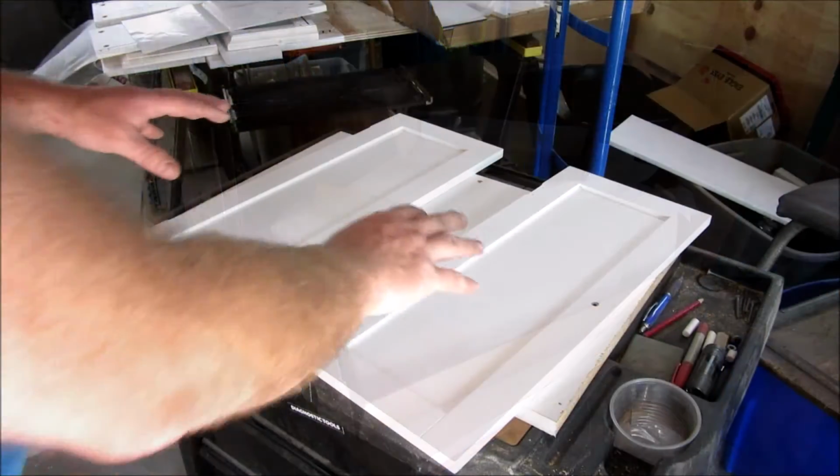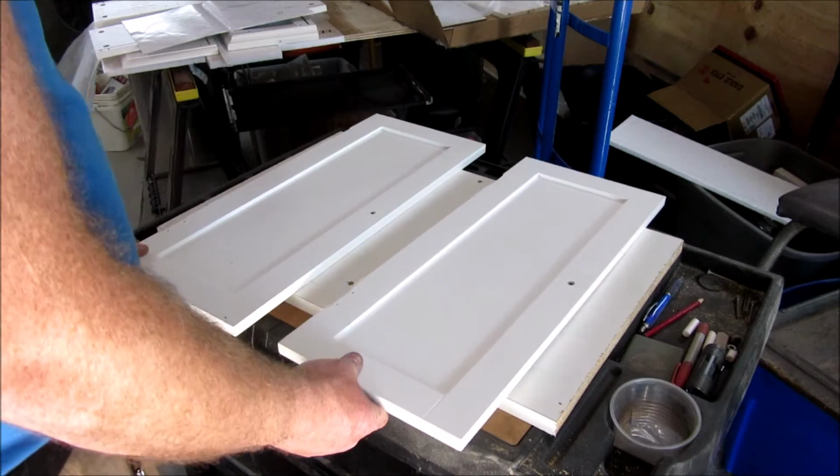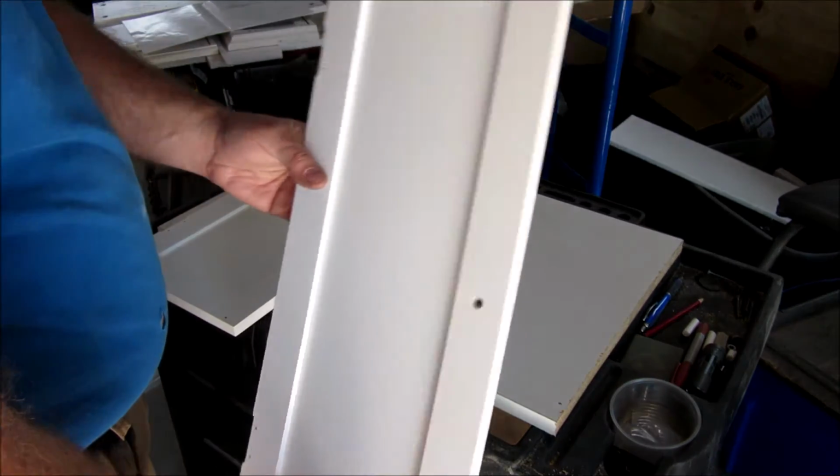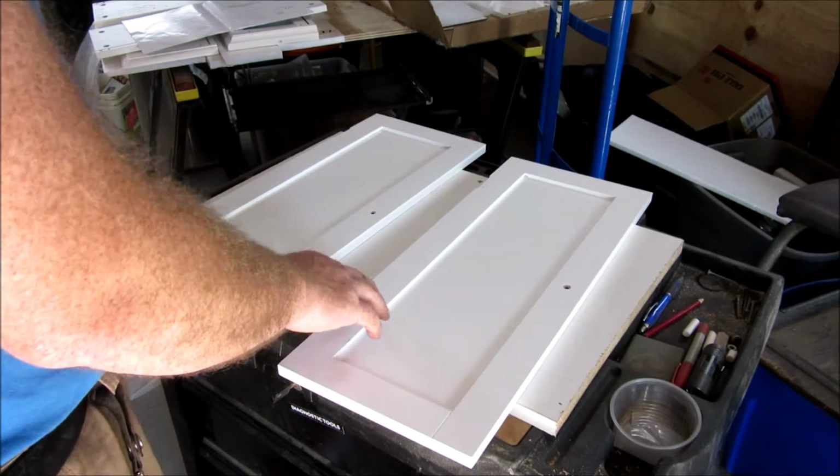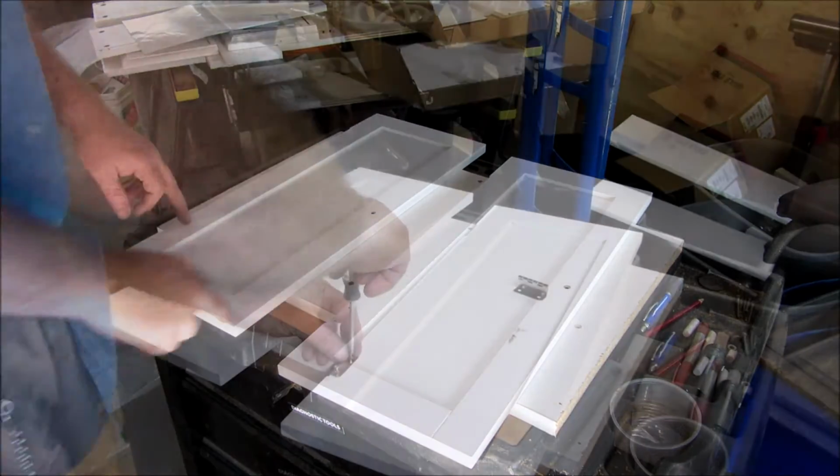We're starting out with the two doors. They're, I believe, 5 and 6. Yeah, 5 and 6 is the numbers that are on these. And I'm going to start with the